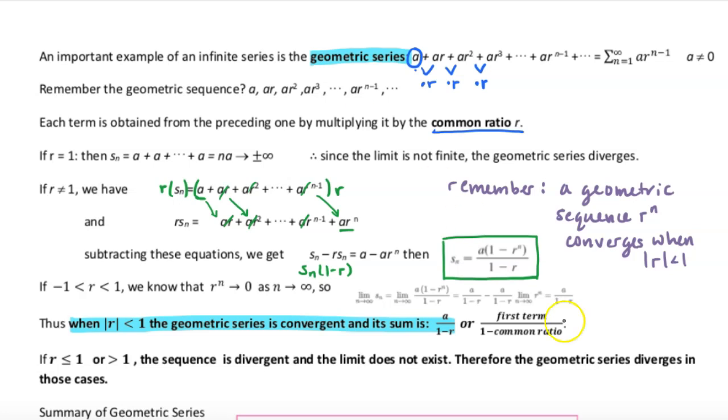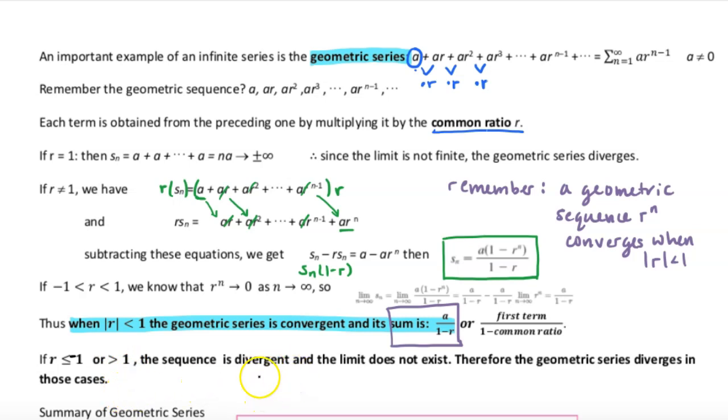We know that a just stands for the first term, and r just stands for the common ratio, and this is the sum of the geometric series when r is between -1 and 1. Now, this inclusive-exclusive thing is important. Inclusive means I'm including that value. So if r is less than or equal to -1, and that's fixed on your notes, you should see a -1 right here, or r is greater than 1,